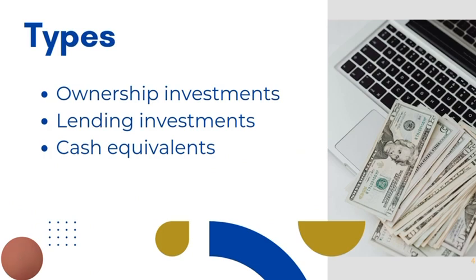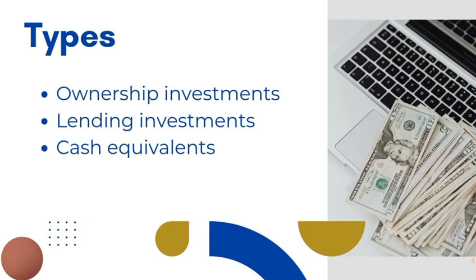We could be having ownership investments. These are things like stocks, business, real estate. And real estate means houses, apartments, land. We could also be talking about precious objects like precious stones and things like those, and collectibles, and also farming.